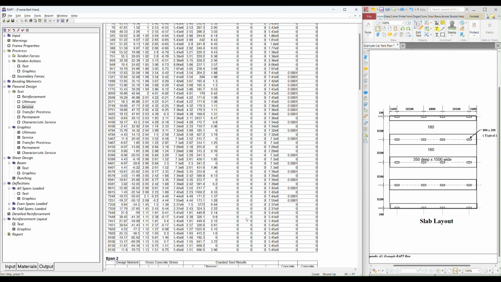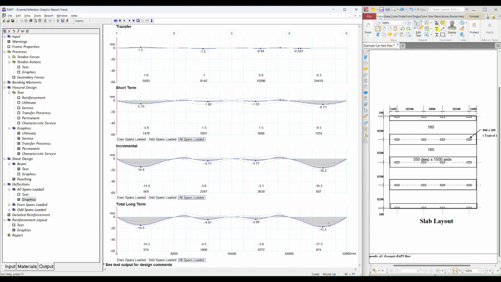We look at our deflections and we're at 17.5, so we could adjust that. And we could take down the pre-stress if we wanted to. We would then have to refiddle with the reinforcement to get that to work, and you may need to add